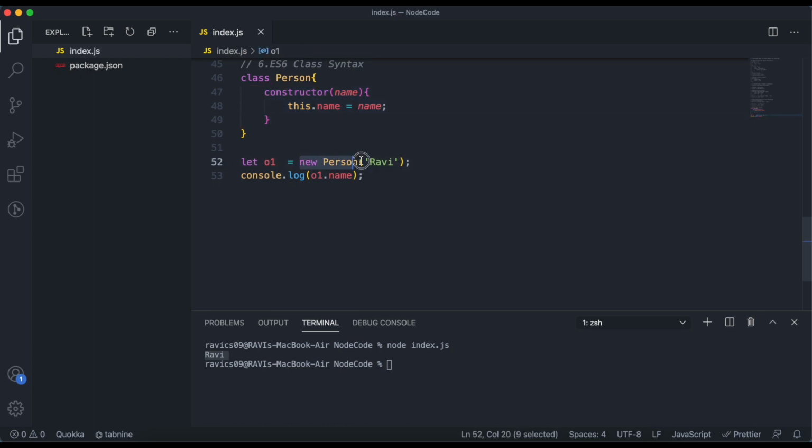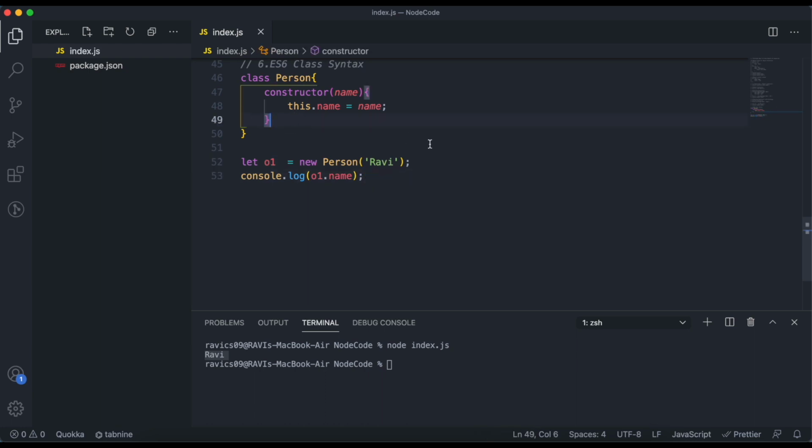And as you can see, we are using the new operator here with the class name. When we are using this new keyword, it will create an instance of this person class as an object, and we can use this one as an object.